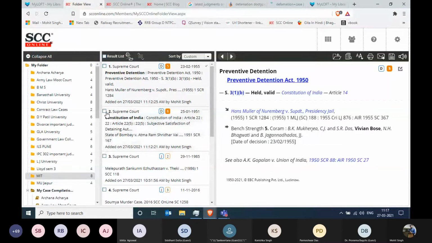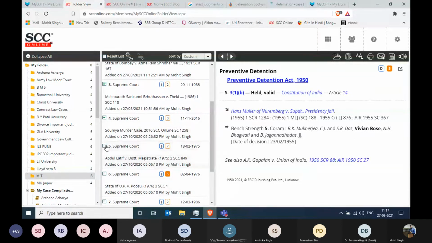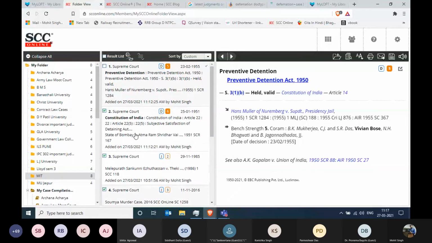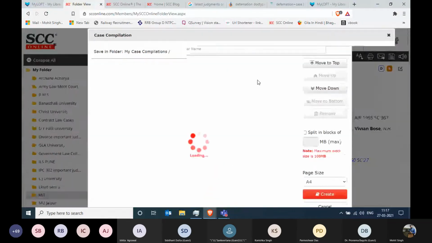Now the question is which documents I want in my compendium. I want the 1 digest note and all the other judgments. All right, I will quickly select them one by one. There you go. So I have selected all the documents which I want in my compendium. I go to this middle icon over here. Let me zoom in for you. Middle icon. And I click on this last diary-like icon, that is, create case compilation.